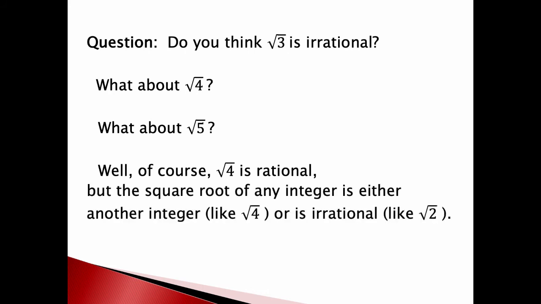Well, so it turns out that the square root of a positive integer is either another integer, like happens with square root of 4, or it's irrational, like with square root of 2. So the question is, how would you prove it? So you could use the same kind of argument, but instead of using even, we just need to use divisible. So you'll get a chance to do that in the homework.